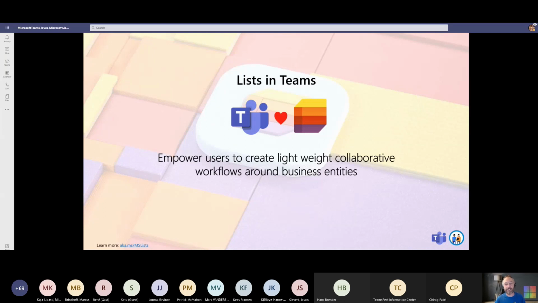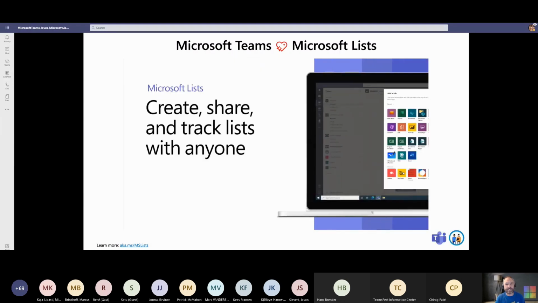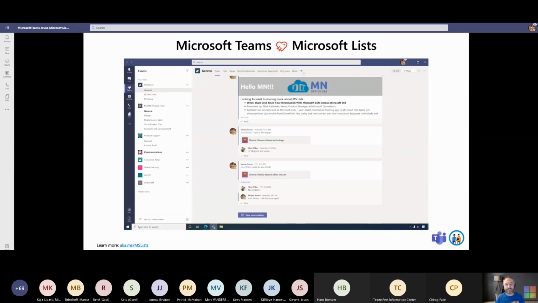And when it comes to information, especially a lot of information that changes often and has a lot of people that need to interact with it, Teams is a great space to accomplish that, and Lists is a great way to bring that forward when you're tracking information, especially if you're adding some elements of rules, or like I mentioned, adding and customizing with the Power Platform. So this will run quickly. I promise that we'll give a lot of live demo, but just to give you a teaser into the experience,